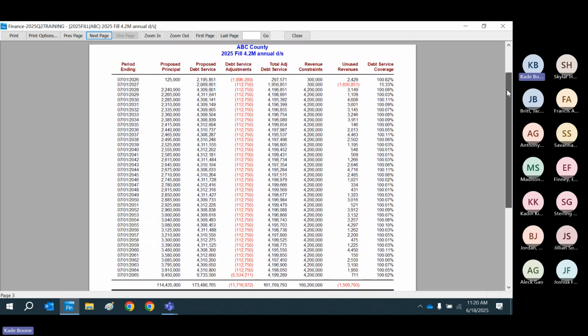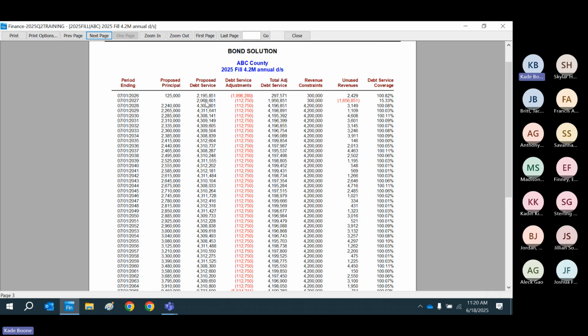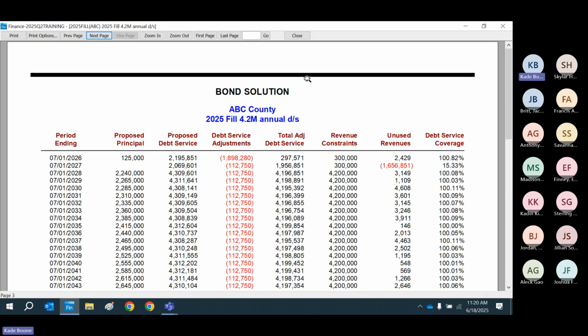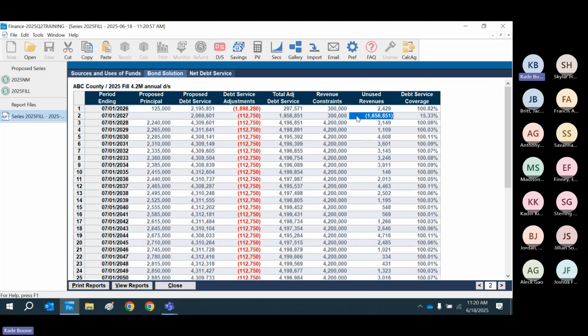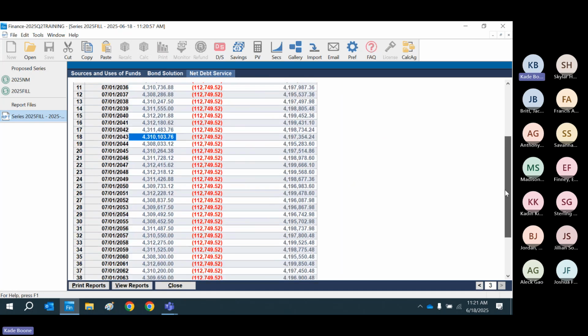So you can see if you bond all the way to final maturity, the interest alone with the adjustment is going to produce 1.956 million, which is greater than the 300,000 in this example. All right. I'm going to do access here just to show you. So that's why on the net debt service, and we'll,